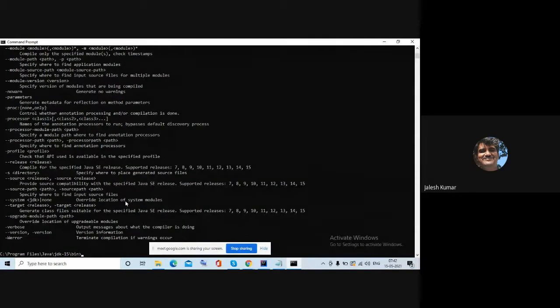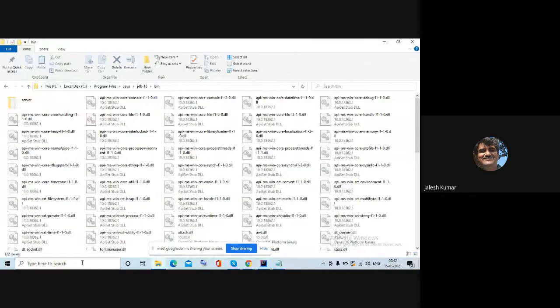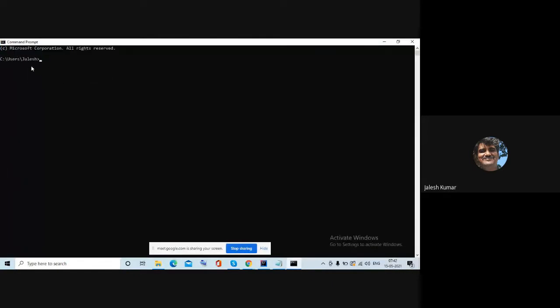Now, by going to that path, you will get this. But normally, when you are working, wherever you are typing the command, there it should compile. Is it not? See, in C user, I created Jalesh, or I'll create one directory directly in C drive.